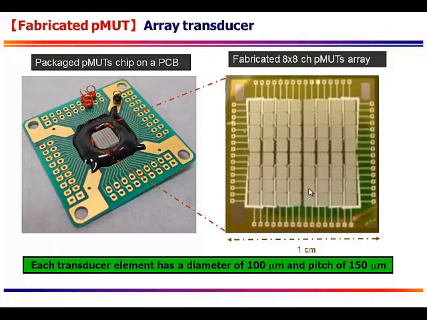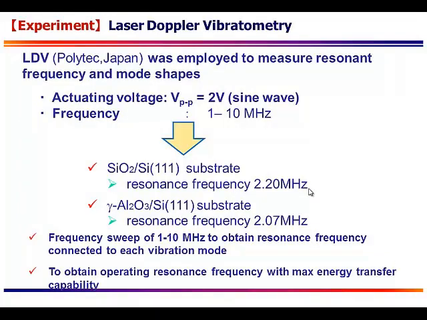On the right side you can see the 8x8 channel pMUT array, and the left side is the already packaged PCB board. It has a 100 micron diameter center region, and between one element and another there's a pitch of 150 micron. We did laser Doppler vibrometry from 1 to 10 megahertz,